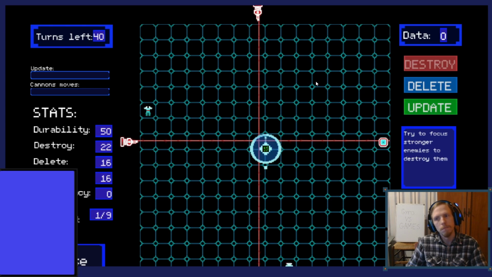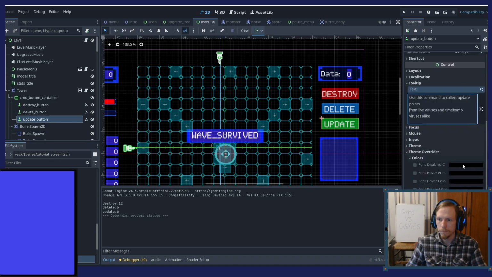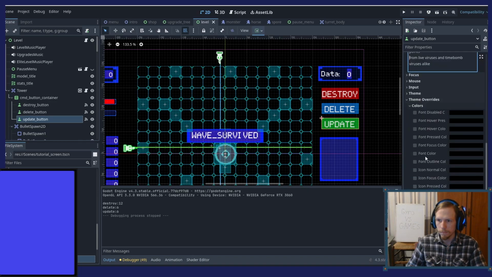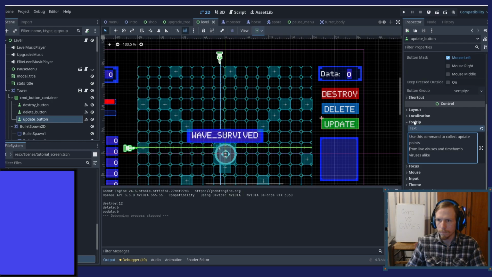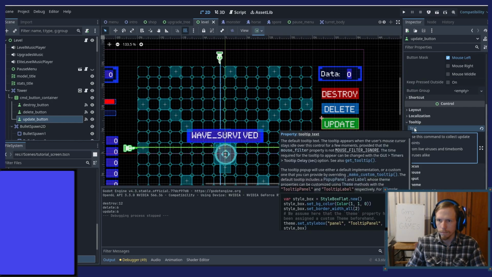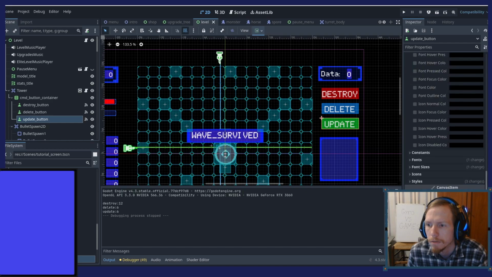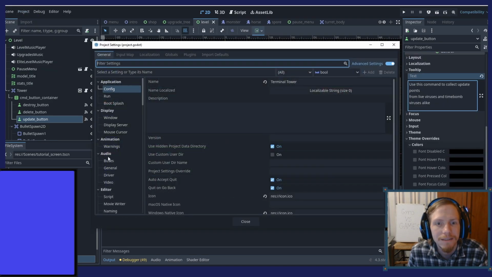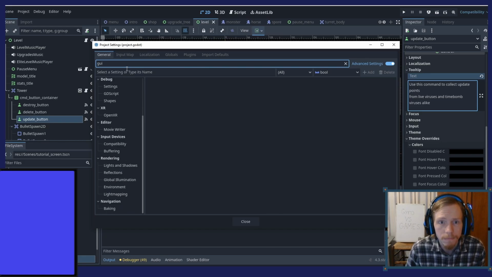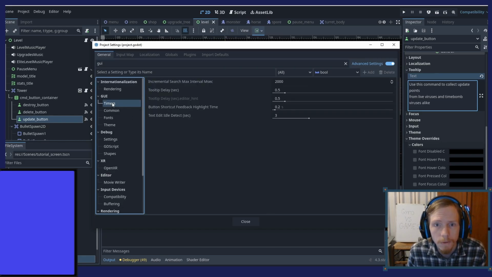Okay, so time required for the tooltip to appear can be changed with timers. Where is it? Is it here? Okay, timers.